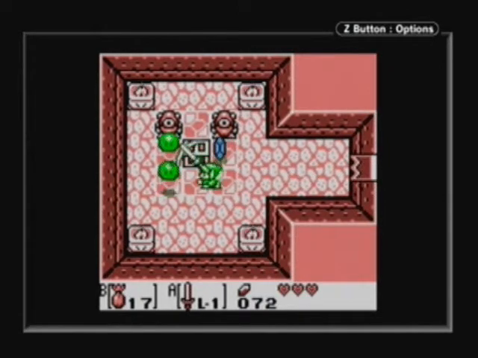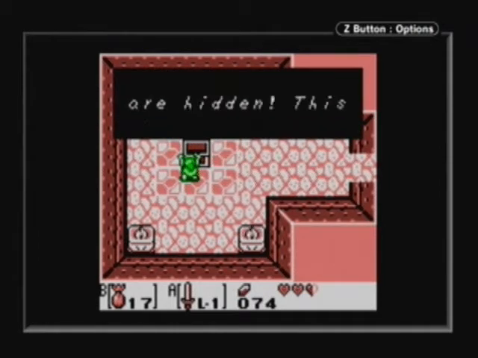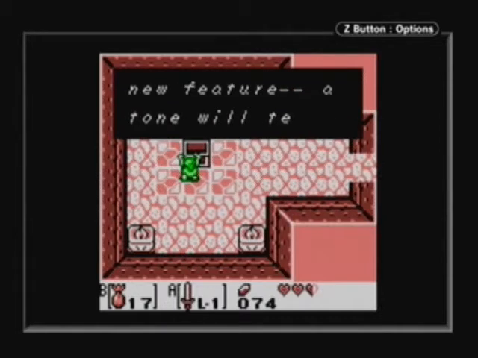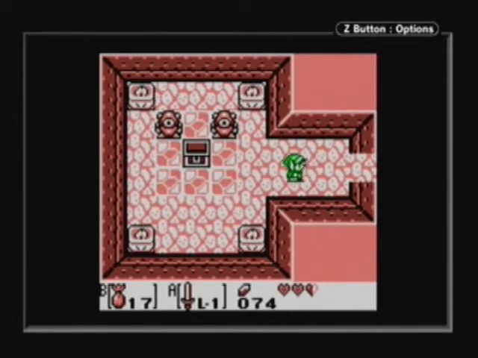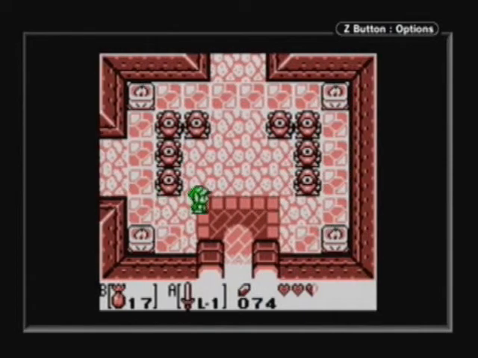Door's closed. I believe we're going to have to kill everything to get back out. But now we have the compass. Now, up until this point, the compass's sole purpose was to show us where the boss of the dungeon was. But in this game, it added a new feature to show us where all the treasure chests were, and only in the Game Boy games did it do a second thing of